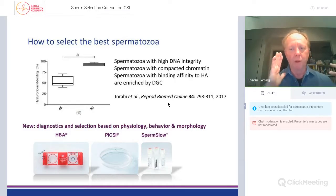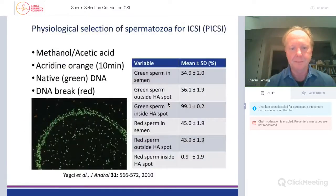It will act like a wall, so the sperm swimming along hit the hyaluronan and they're stopped dead in their tracks. How effective is PIXI? Well, you can see this study here where you can see the drop of hyaluronan in that circular section of